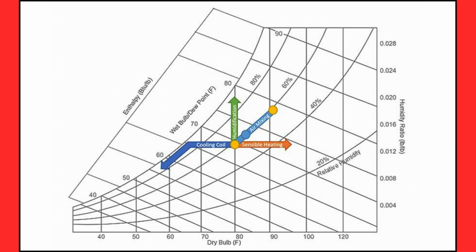Psychrometrics is used to design HVAC systems. Psychrometrics helps determine the necessary capacity of HVAC equipment to achieve desired temperature and humidity conditions in a building. Analyze HVAC performance. Psychrometrics allows for evaluating the performance of HVAC systems, identifying potential inefficiencies, and optimizing their operation. Troubleshoot HVAC problems. Psychrometrics provides a framework for understanding and diagnosing issues related to temperature, humidity, and airflow in HVAC